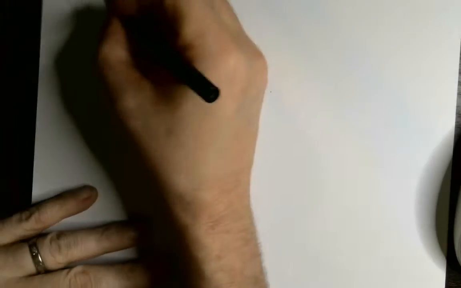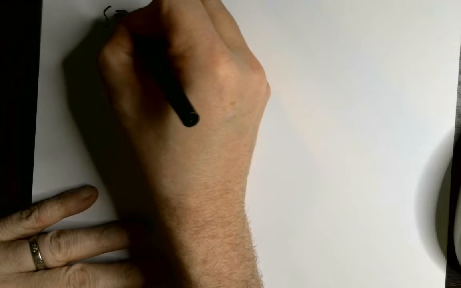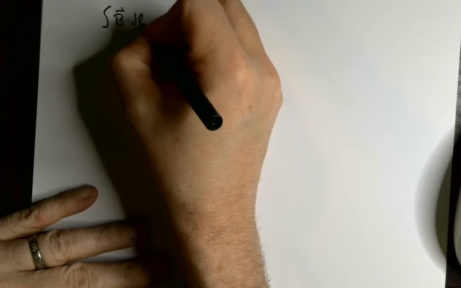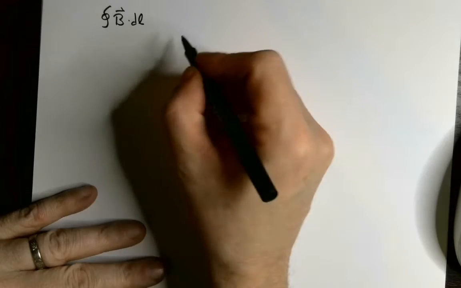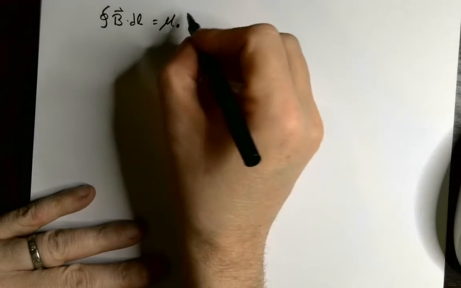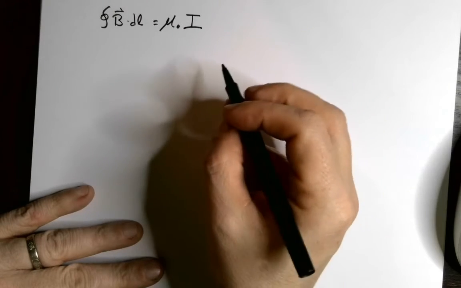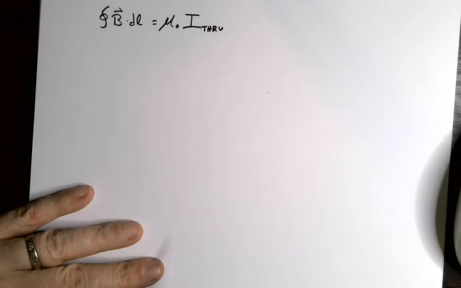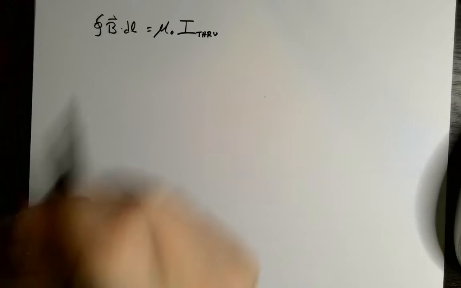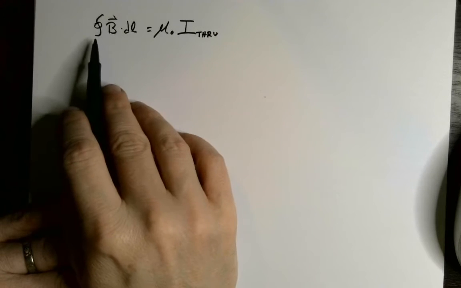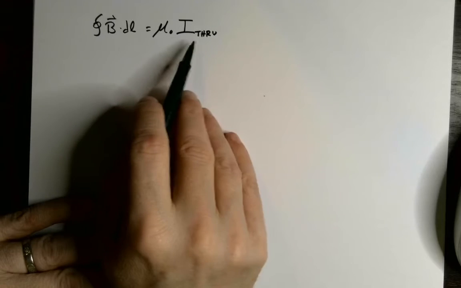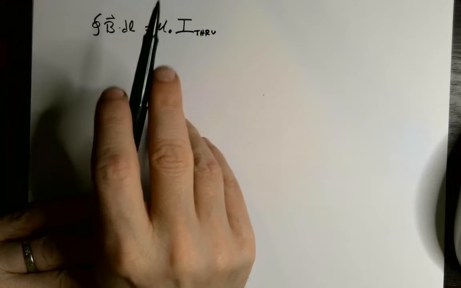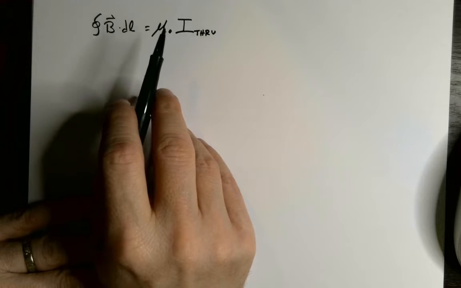So Ampere's law says that if you integrate the magnetic field B around a closed loop, integral B dot dl, it's equal to mu zero, the magnetic permeability of free space, times the current through that loop. And just like Gauss's law, it doesn't matter what path you take. This will always be true, but